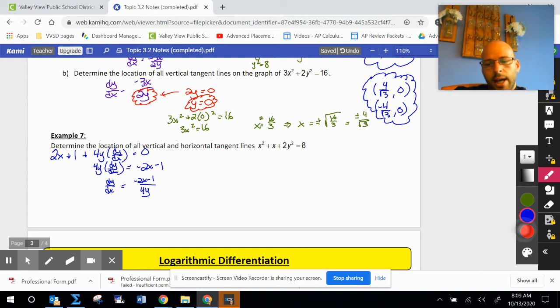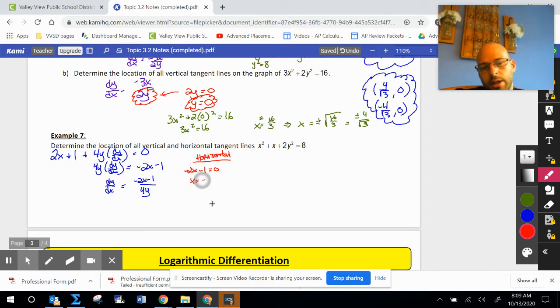So my horizontal tangents, let's try to color code this the best I can, are going to be when the negative 2x minus 1 is equal to 0. So if I add the 1 and divide by the negative 2, I'm going to get x is negative 1/2. Okay. So if I plug that in,